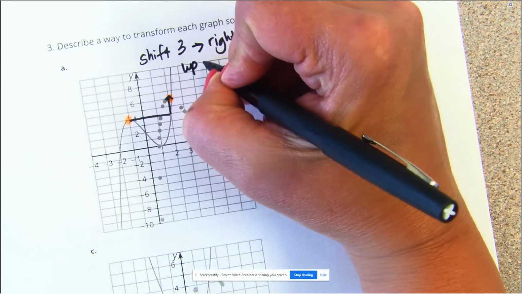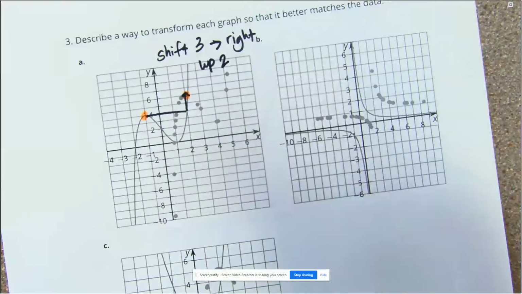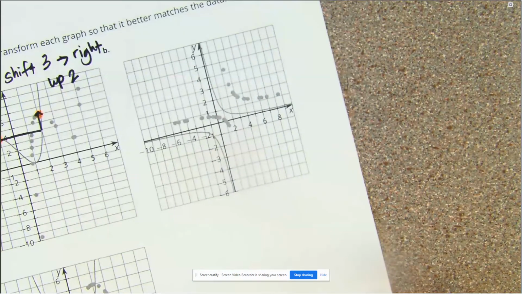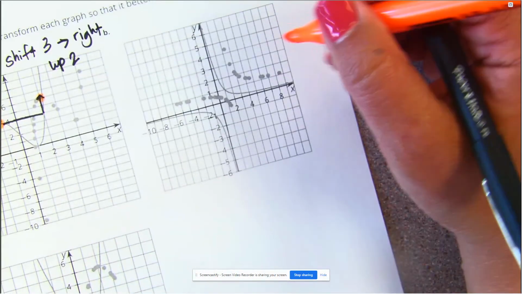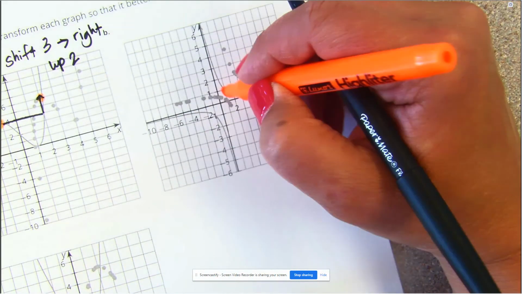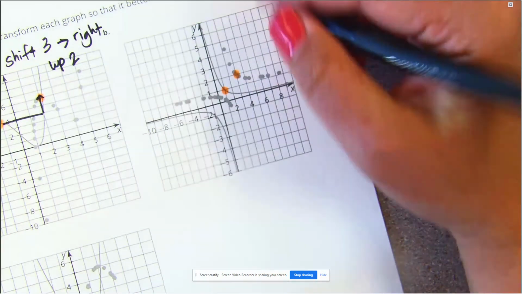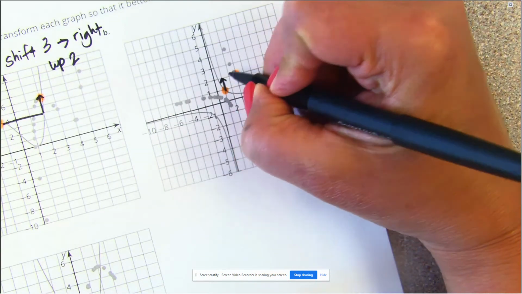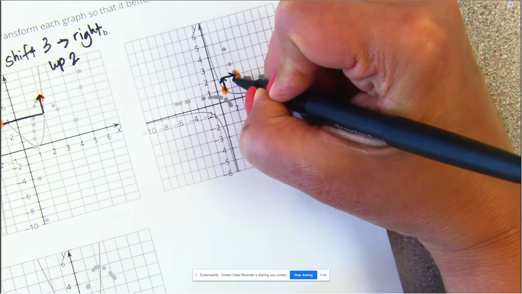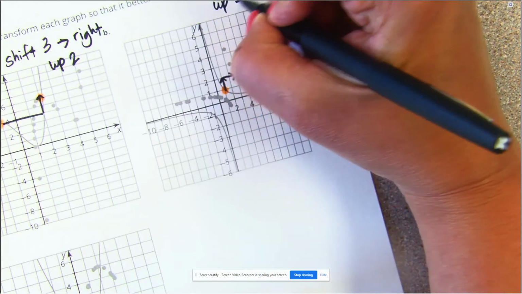and up 2. For letter B, I'm going to use this point right here and match it to that point right there. It looks like I go up 1 and right 2,